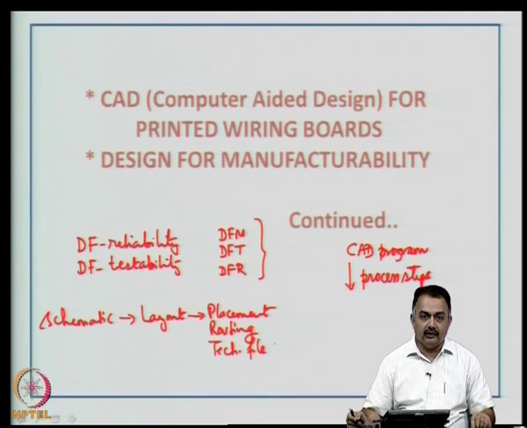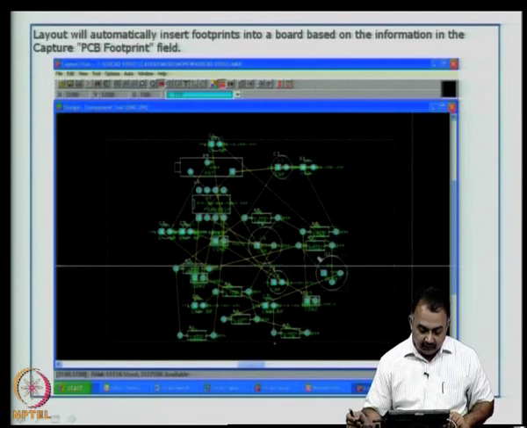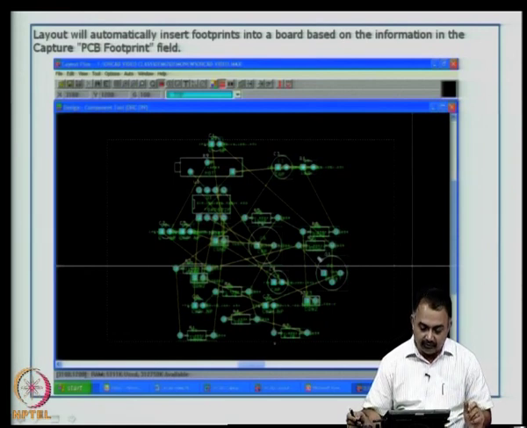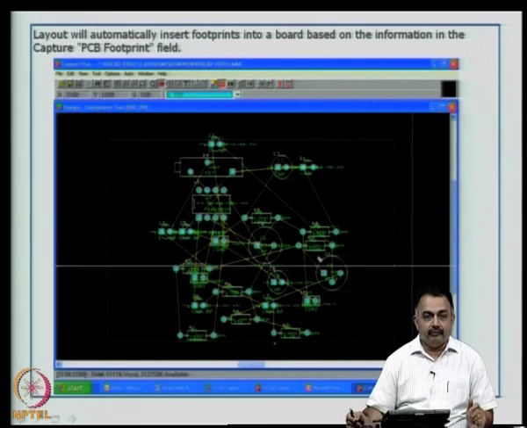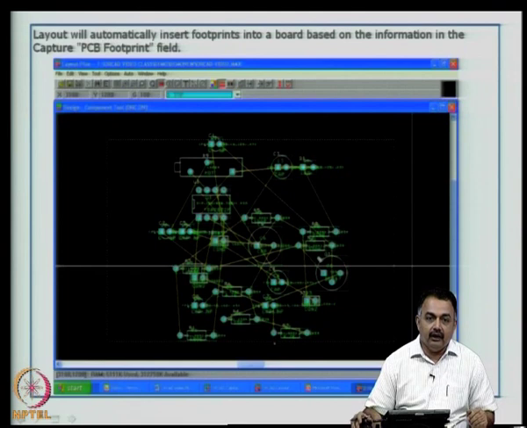So, we will now cover the other aspects in this particular topic. We were looking at the layout module in the last class. So, we will continue from there. The layout will automatically insert the footprints of all the components that you have used in the board based on the information that you have given in the schematic section. If you can recollect, when you do a schematic, you are bringing the symbol, and then each symbol is actually connected or related to a footprint, and this footprint information comes into the layout module,